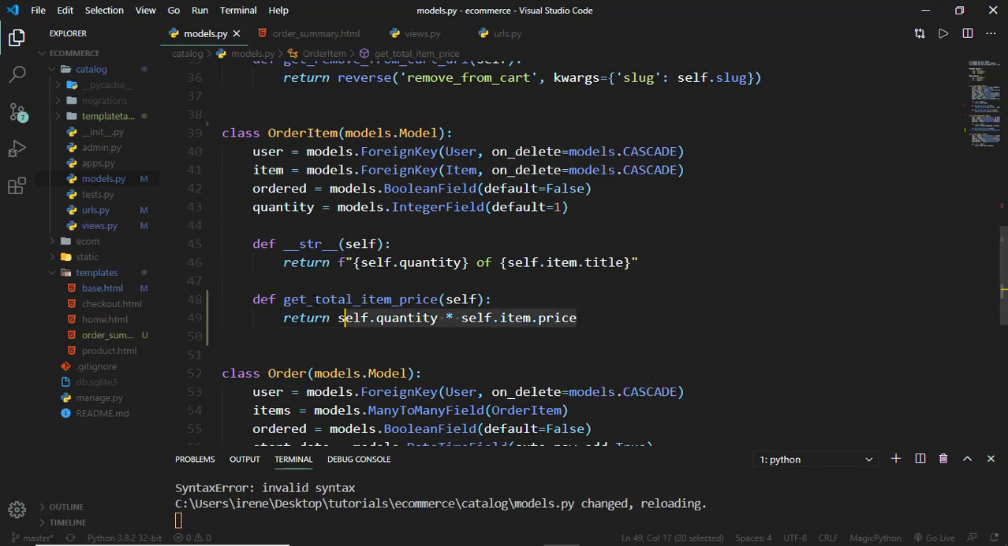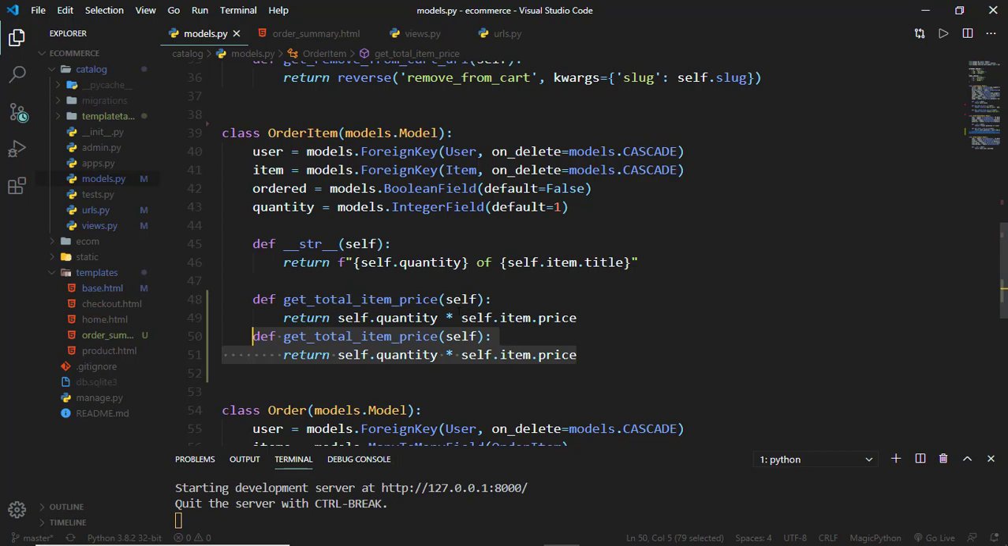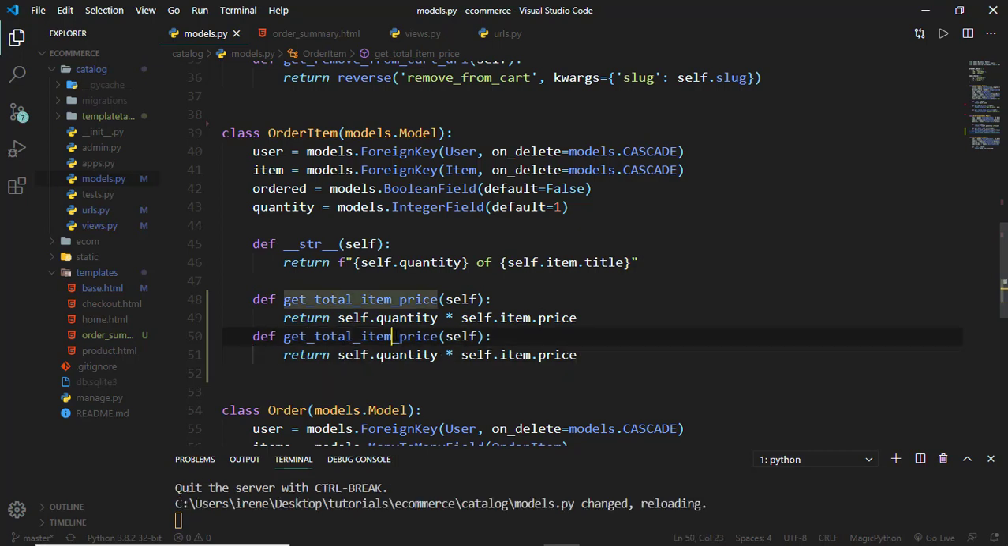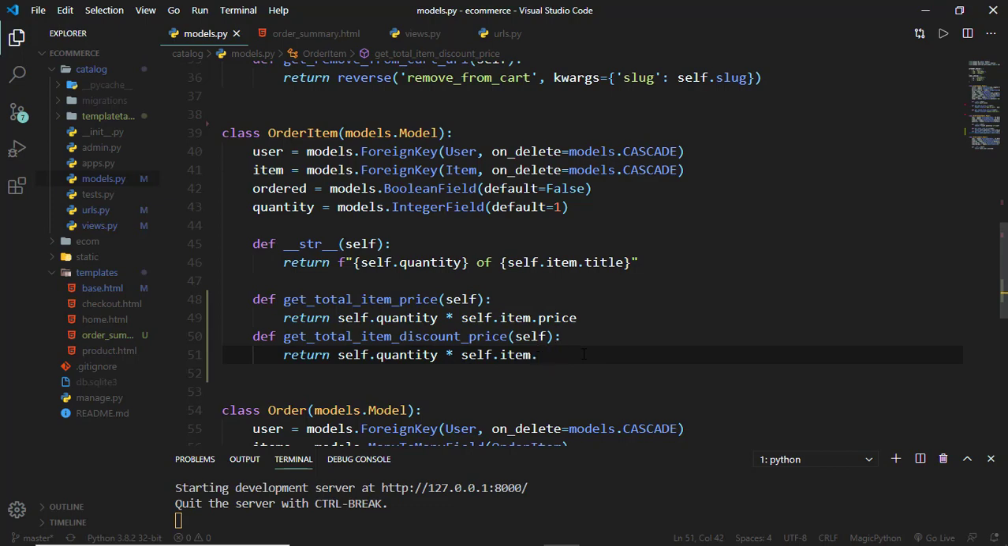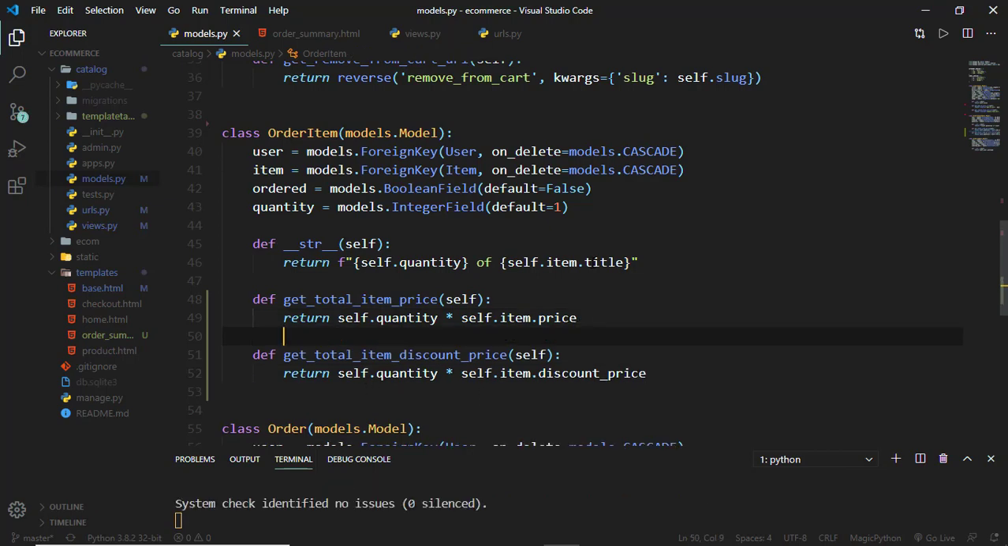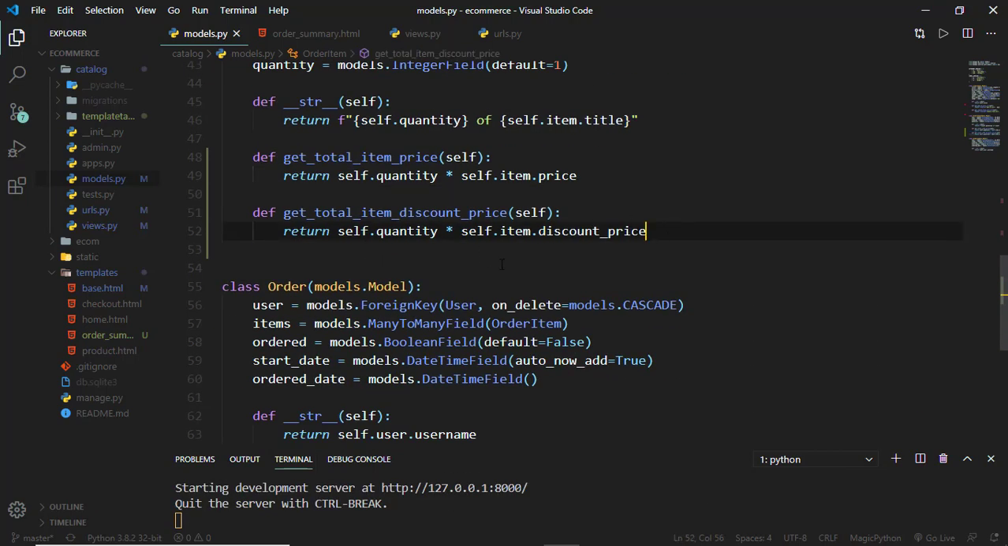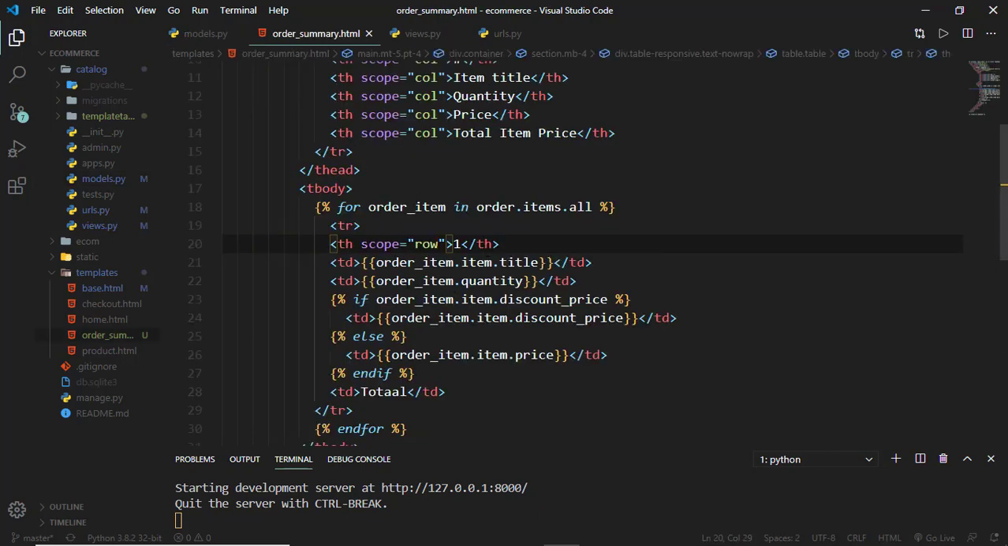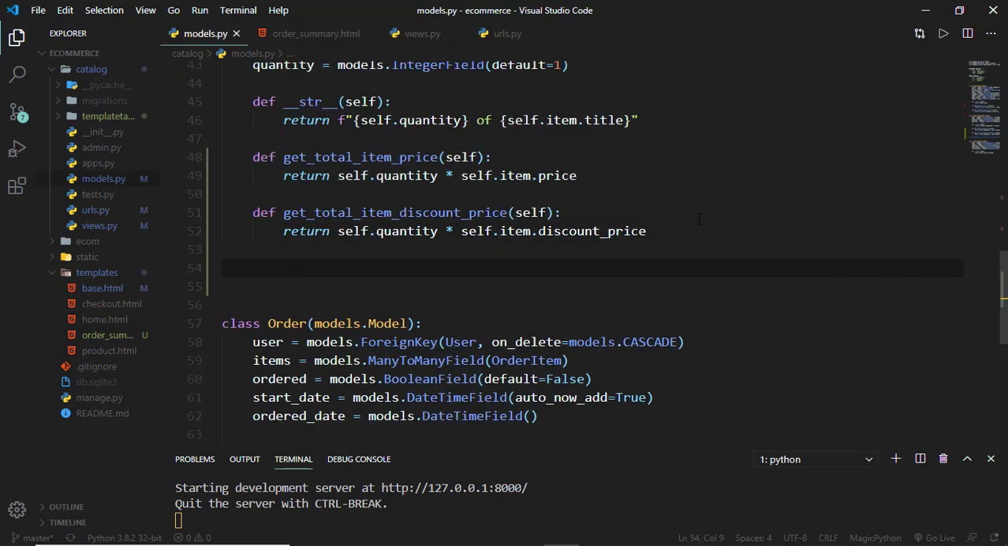And for the discount price, it will be pretty much the same, so we can go ahead and duplicate that. So total item discount price. This will be item discount price, like that. So if there is a discount price, then we can return that, and we'll need to define a method that gets the final price so that we don't need to repeat this logic there where we are saying that if there's a discount price. So if you can just go back and you can say this is